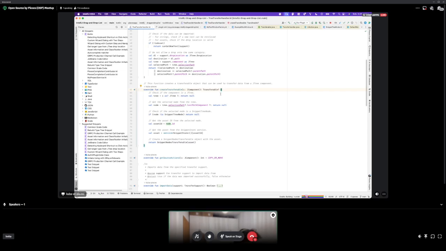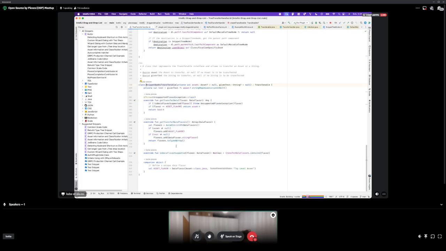What it does is it can either return null, which basically means, hey, you're dragging something that is not exactly meant for being exported, or a new transferable, which in our case is the snippets node transferable, which I showed a minute or two ago. Transferable is a simple class that tells you, hey, I store this kind of data.